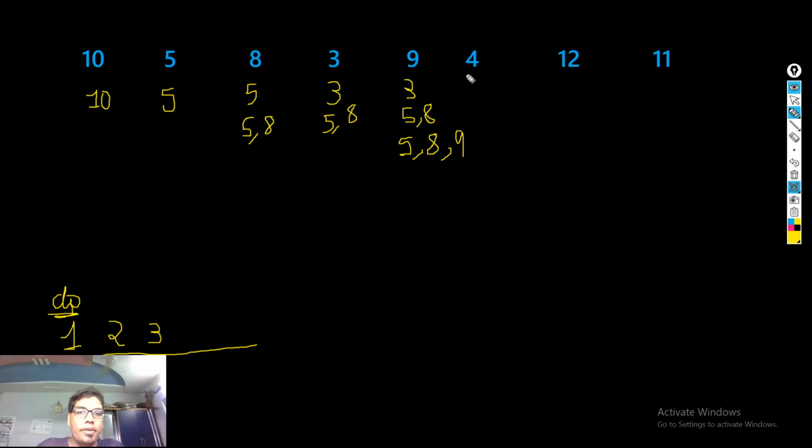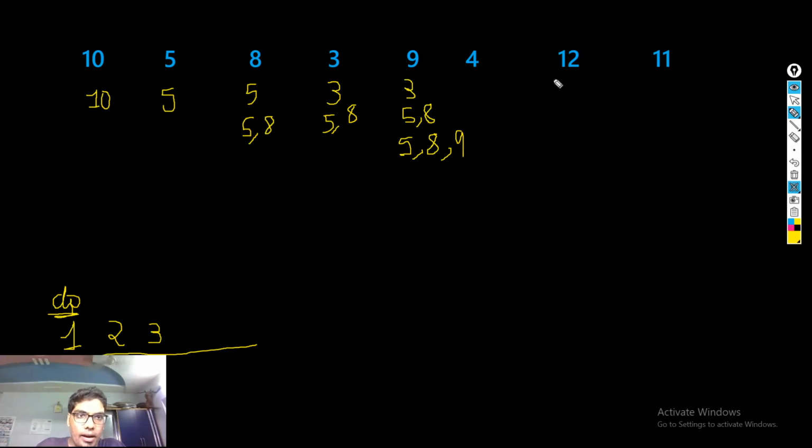Now you have this element 4. With this element 4, you cannot append it. You could have 3, 4, but this is just a subsequence of length 2. So you actually cannot append it anywhere here. This cannot go here, this cannot go here, you cannot even increment this first one. So we don't care about the 4, and we just move on. It will not be part of the subsequence for us.